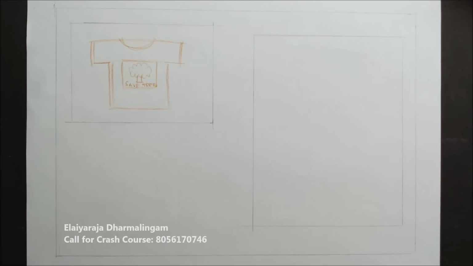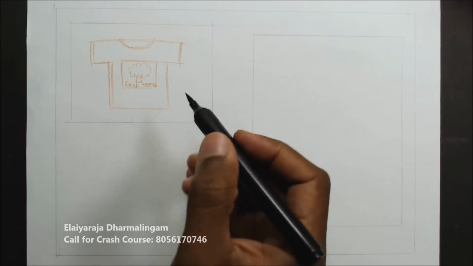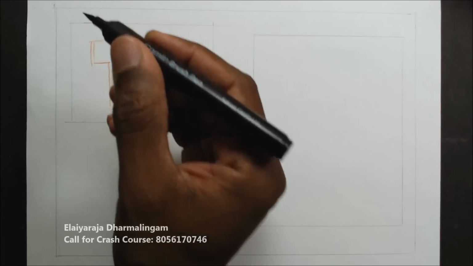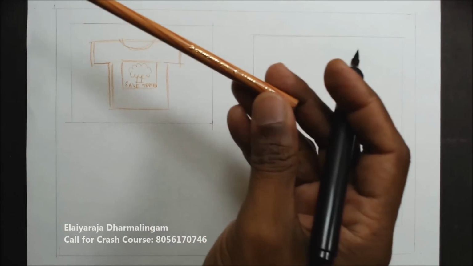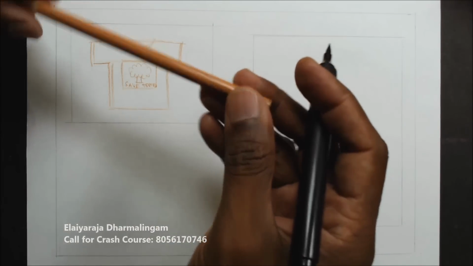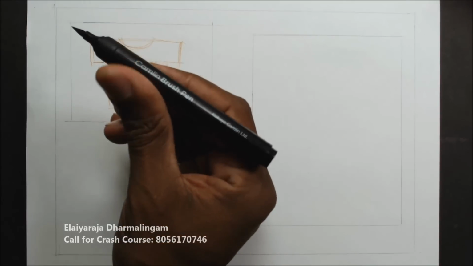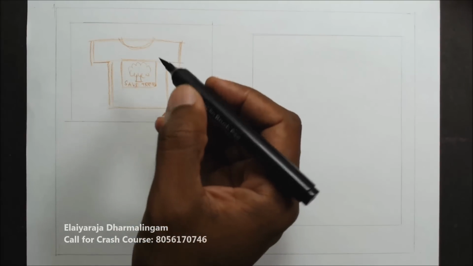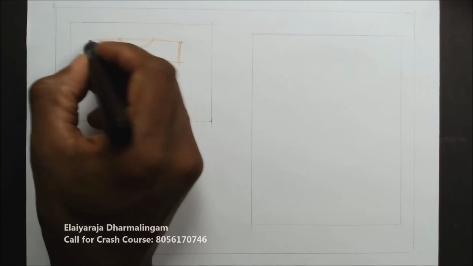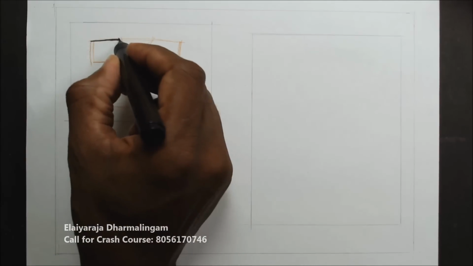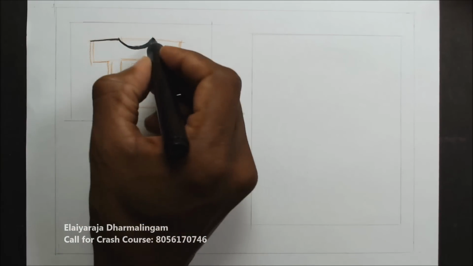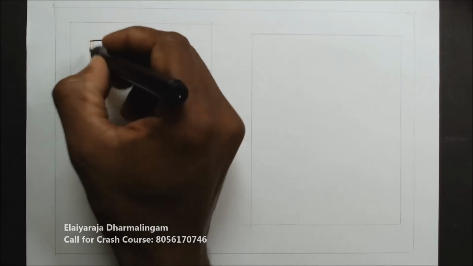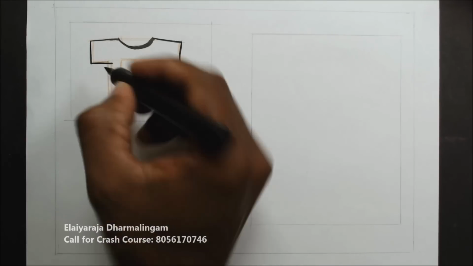I'll make it a little clearer to show you the picture of what beginners have done. I used Staedtler color pencils, and I'm using a Camlin brush pen, which is available in the market. To make the drawing clear,